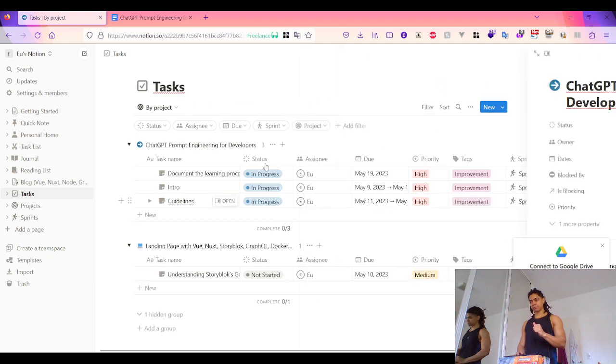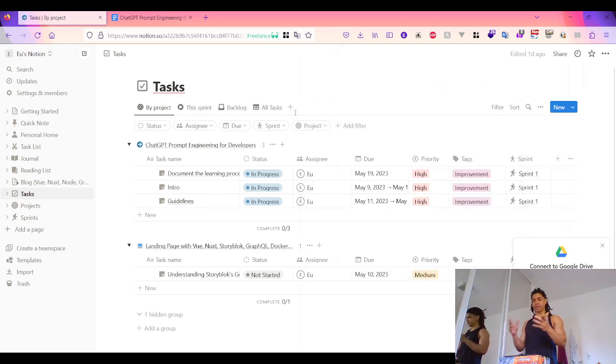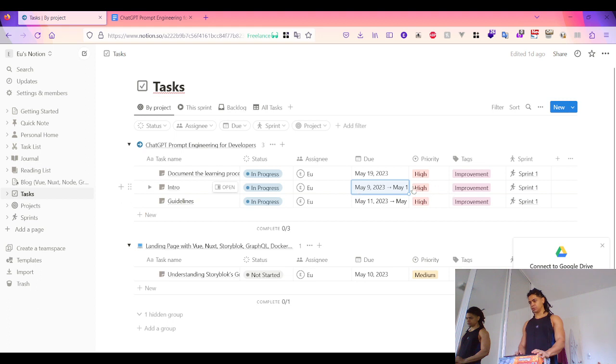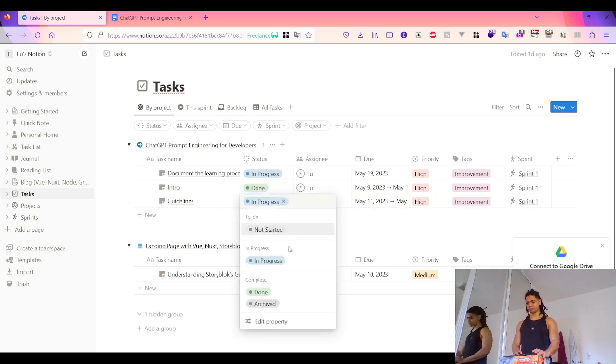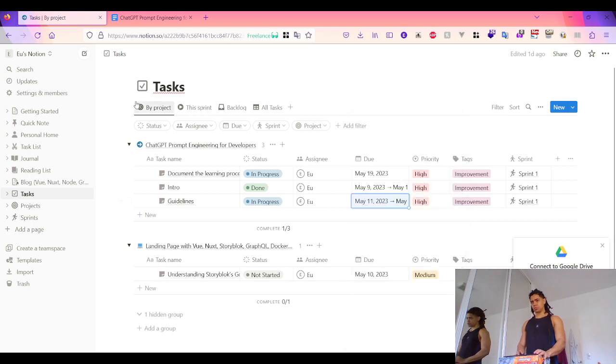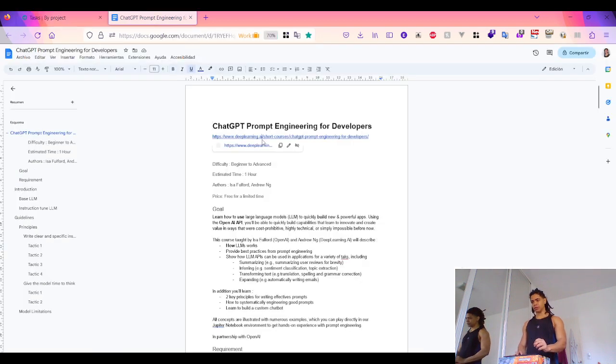So here, using this Notion project management, following the Scrum of software project management, this framework from the Agile Manifesto. So yesterday, this is the intro. That's right. We're assuming that we're going to take this amount of time. So this is actually done. Okay, this is done. And right now, this is in progress. The goal of this is to wrap up these guidelines by tomorrow. So we're going to make a quick recap of this